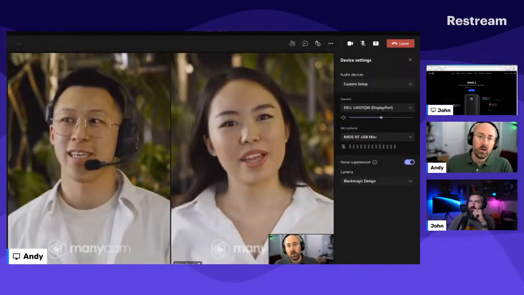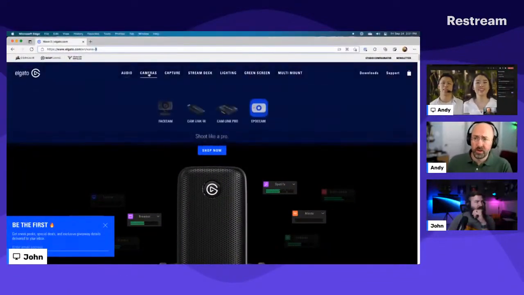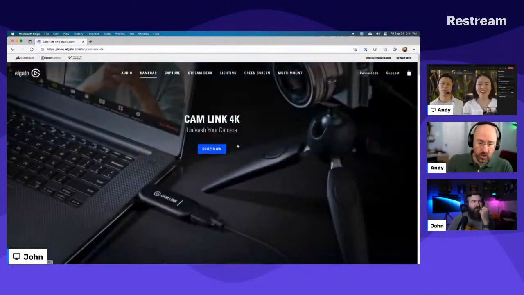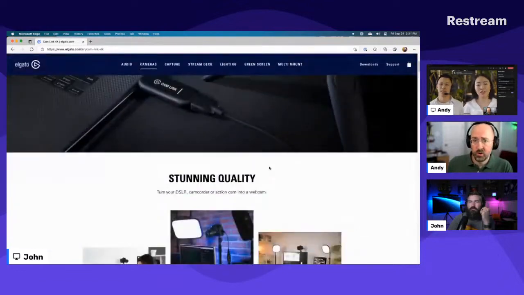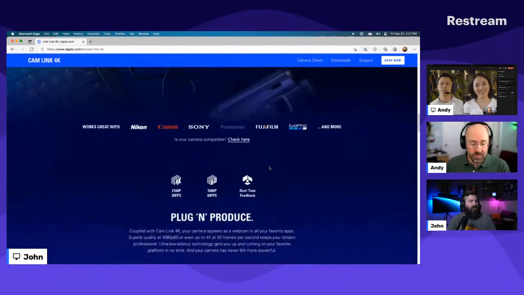The camera will matter. You can go to the manufacturer's website and find out if it does a clean HDMI out. But you're going to feed that through a capture card, and you're going to run the capture card into your computer via USB-A or USB-C or Thunderbolt. And then you're going to use that as your webcam feed. And that's what I'm doing here.